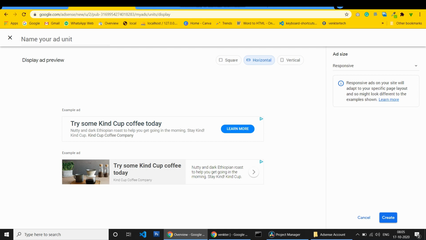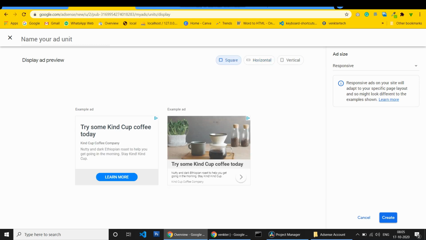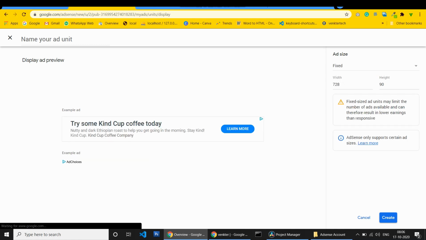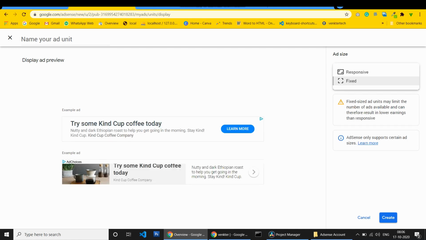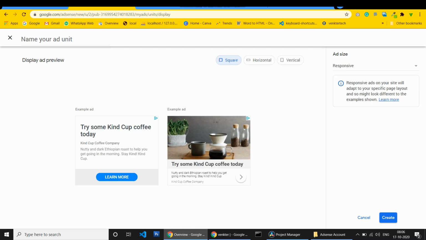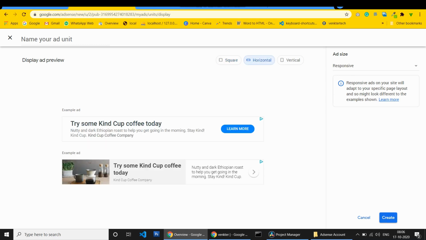This kind of advertisement can be shown in the banner, header, or between the posts. I am checking responsive or fixed. In the fixed section, we can mention some advertisement size in the website, not like responsive. I go with the better option, responsive.